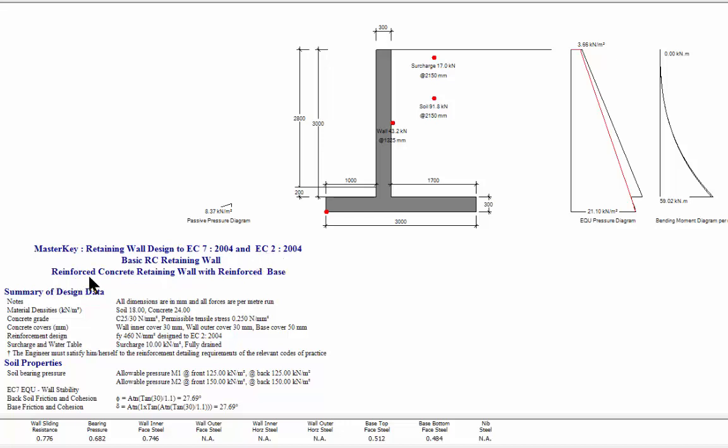It's a reinforced concrete retaining wall with a reinforced base. There's the surcharge. That is the standard surcharge that you have for the software. You then have your stem and your toe and your heel. And we can see here it's very straightforward. It's telling us very simply that it all works. There's nothing in here that is showing us any failure, but I'm not going to go into that,